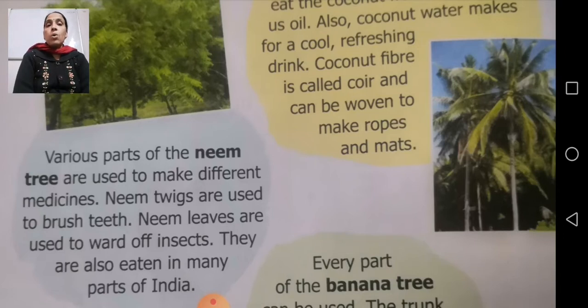Now they are also eaten in many parts of India. See, neem leaves also, the people who are suffering from diabetes or high sugar or such kind of a disease, तो वो नीम लीव्स को ऐसे भी खाते हैं to maintain the level of sugar in their body. तो अगर शुगर ज़्यादा ना हो जाए बॉडी में, और